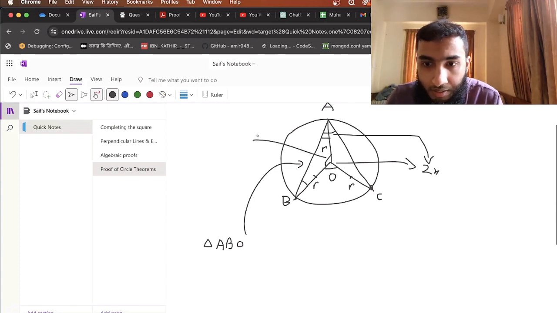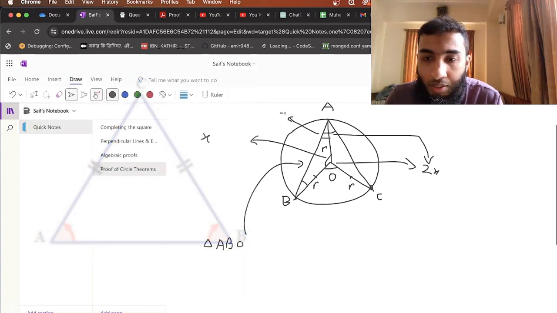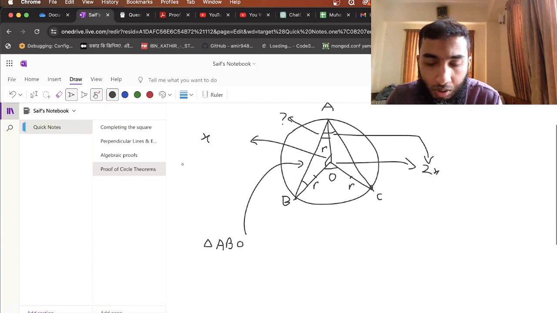this angle is X. Angle AOB is X. So what is this angle and this angle? Now these two angles are equal because the radiuses are equal, so the opposite angles are equal. So let's say these both angles are question mark. So question mark plus this angle is also question mark, right? So question mark plus question mark plus X